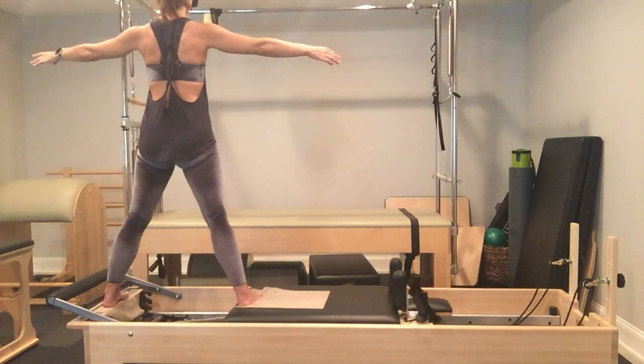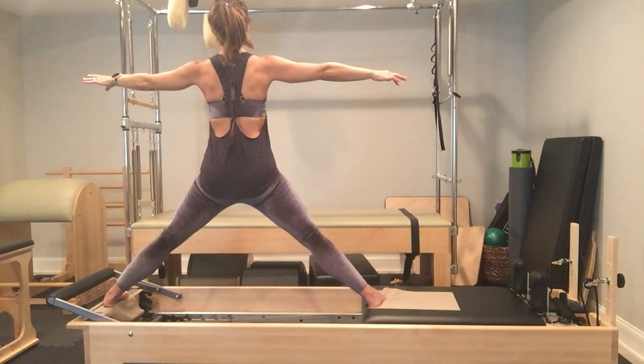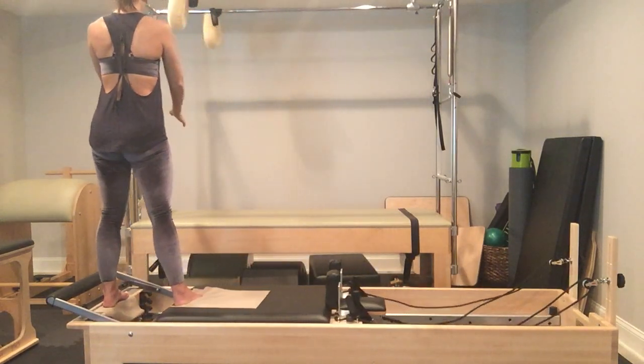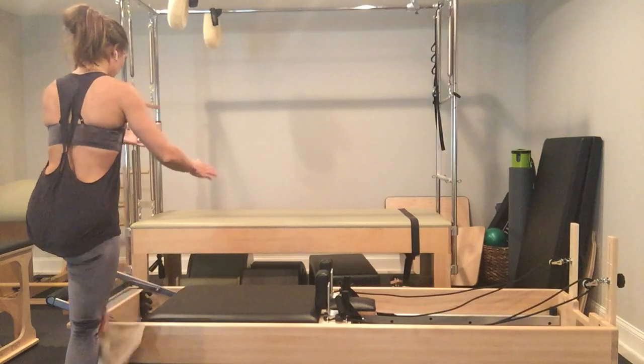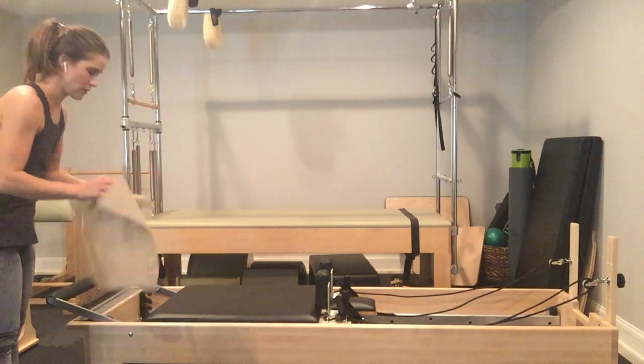1 more. And exhale. Squeeze the carriage into the bumper. Lift your carriage foot off first. Step backwards. Lift your platform foot off next. And step down. From there, I'm going to go ahead,